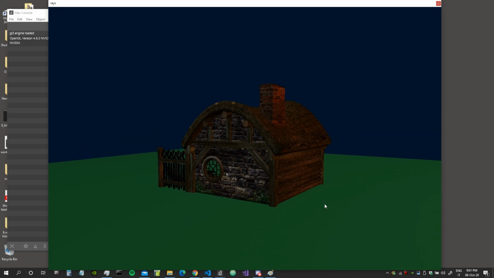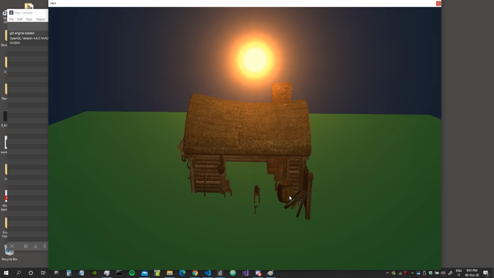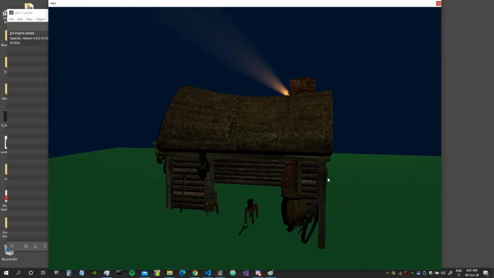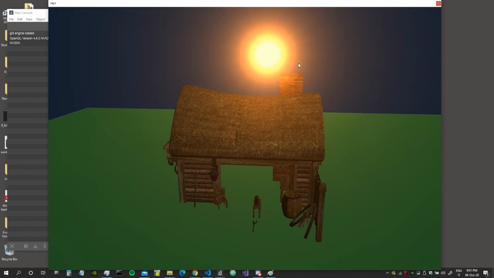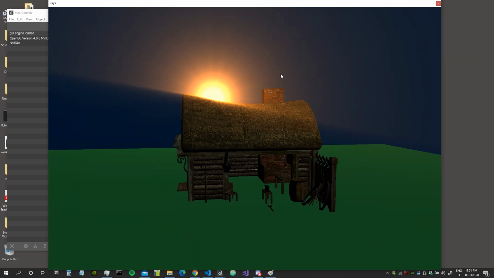Okay, amazing. So as you can see, I got here this little model of a house, kind of a hobbit house because of the round door and windows. And here there is our light, which has these rays, which are also often called God rays, or in general